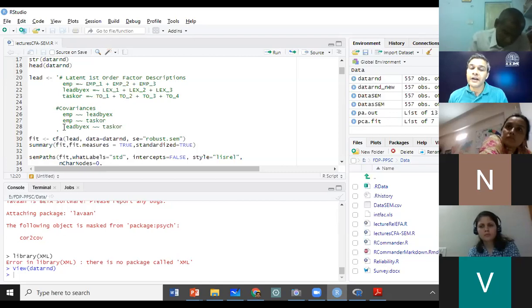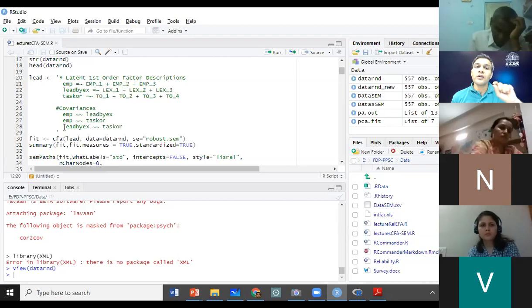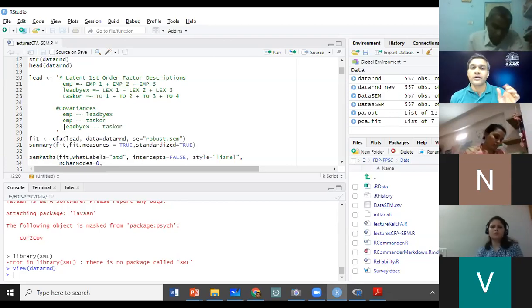Unlike exploratory factor analysis, where we said anything can load onto anything, here we will have to specify which item belongs to which particular factor. Do you agree with me?